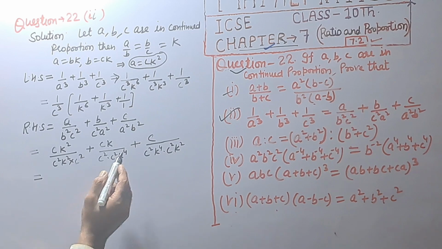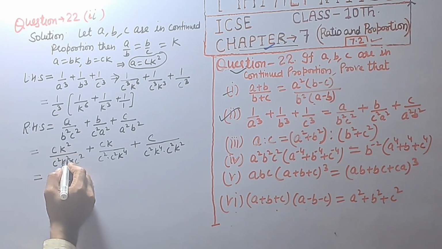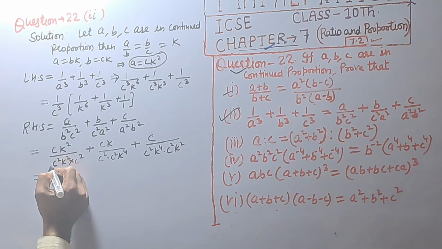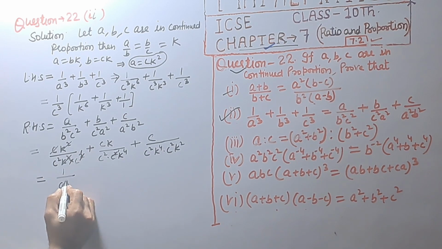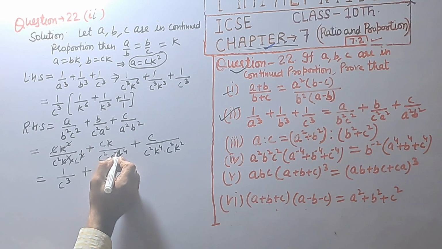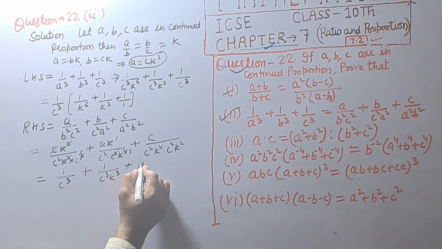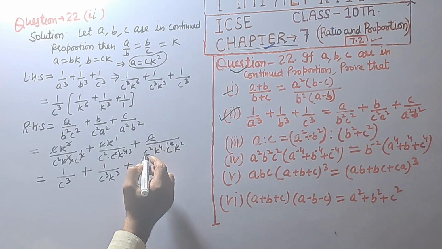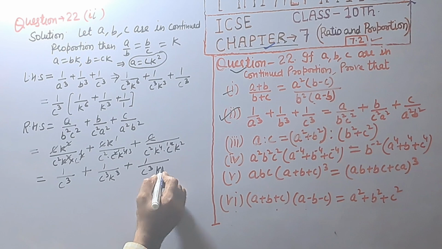That is equal to, we are taking common one power c is cancelled and k square is cancelled. 1 upon c raised to power 3, c power 1 and c power 2, that is c raised to power 3, plus 1 power is cancelled and k is cancelled, k raised to power 3, 1 upon c raised to power 3, k raised to power 3, plus 1 power c is cancelled and we get 1 upon c raised to power 3 k raised to power 6.